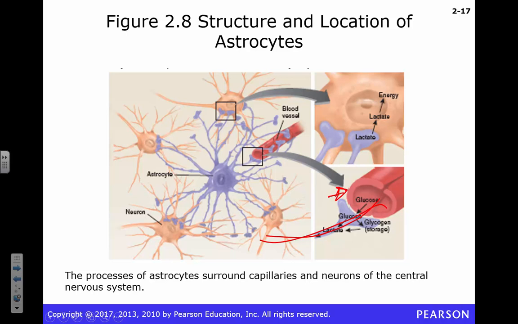All right, so we're going to suck in some glucose. We're going to turn that into usable things, send that out to your neurons because they're constantly going to be doing stuff, hopefully, right? Especially those neurons that make you breathe. You always want those turned on. So those guys need to be working all the time.